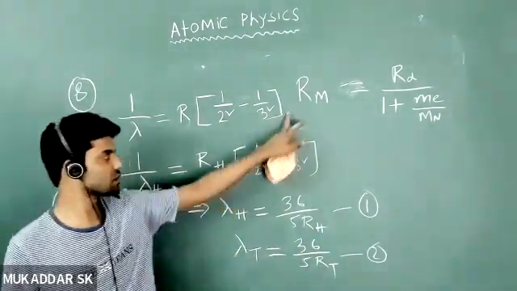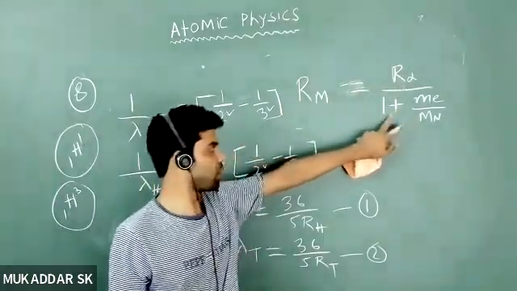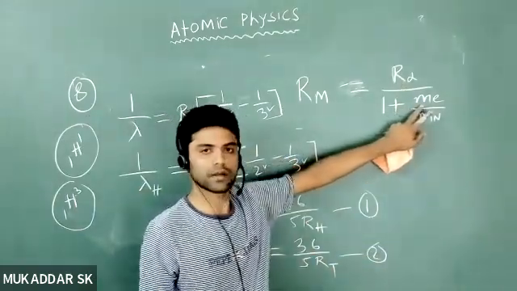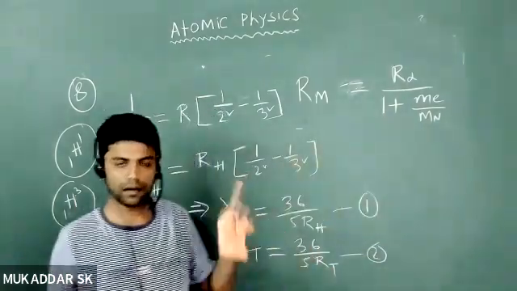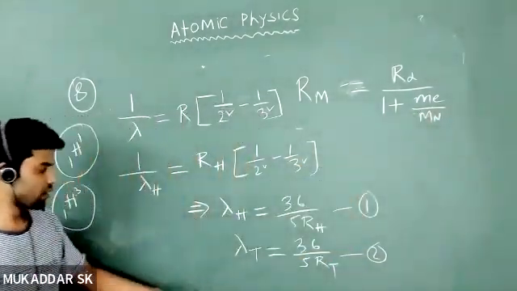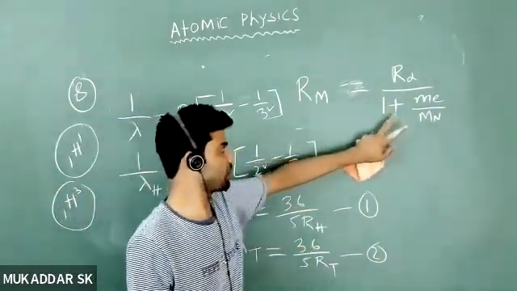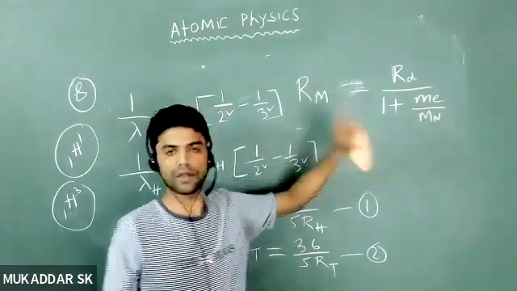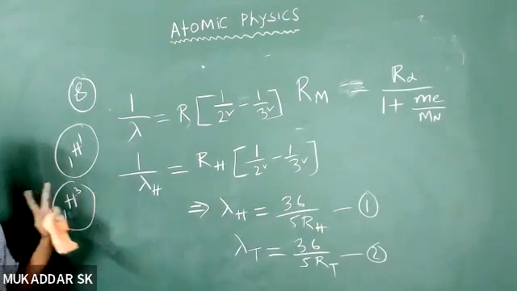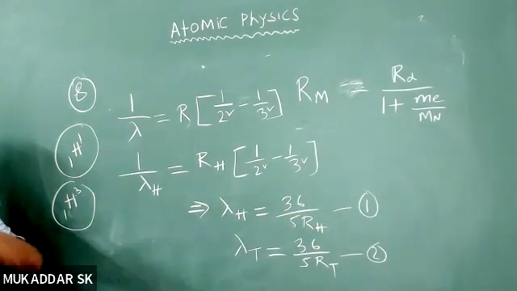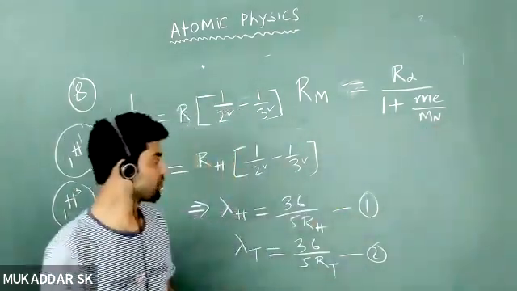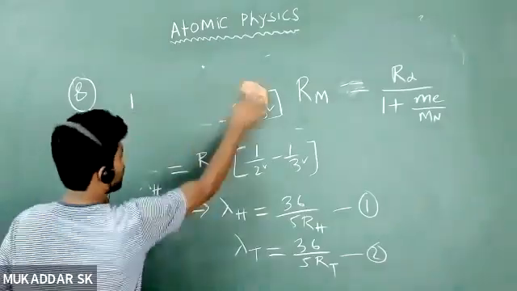And I said that for finite mass, the Rydberg constant is the infinite-mass value divided by 1 plus mass of electron divided by mass of nucleus. So RH will be R infinity divided by 1 plus mass of electron divided by mass of proton, because in the hydrogen atom you will have only 1 proton, so the mass of the nucleus is simply the mass of the proton. But for tritium, RT will be R infinity divided by 1 plus mass of electron divided by the mass of the nucleus, which will be simply 3 times the mass of proton, because it has 3 nucleons, 2 neutrons and 1 proton, and the mass of a neutron is almost equal to the mass of a proton. So if you substitute it, and make that difference,